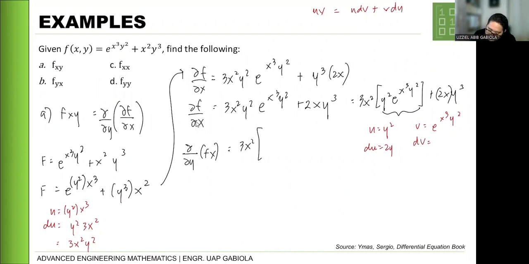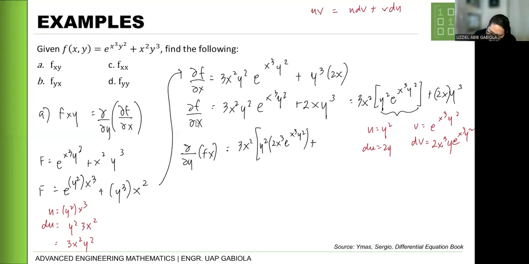So that is 2x cubed y, x cubed y squared. Okay? If we continue this, that will be u times dv. So y squared times dv is 2x cubed, x cubed y squared, plus v du is